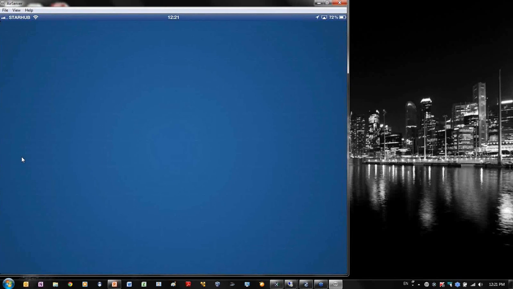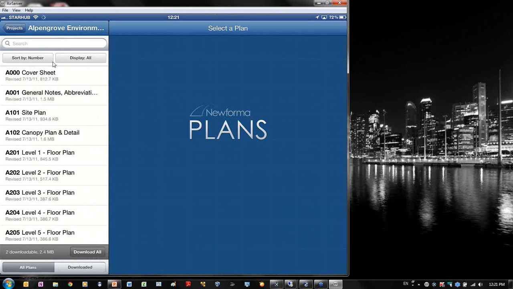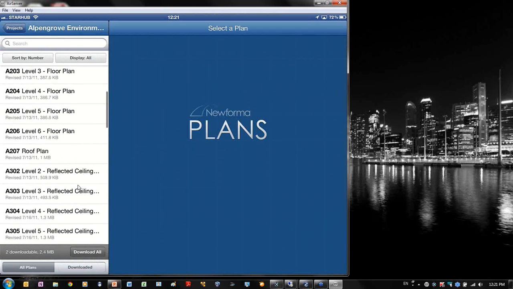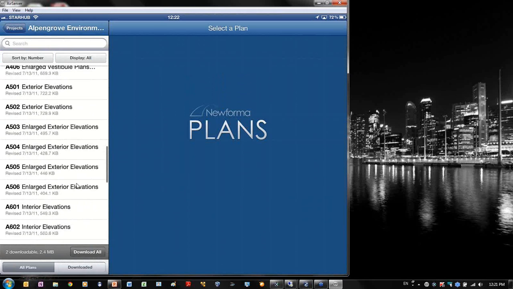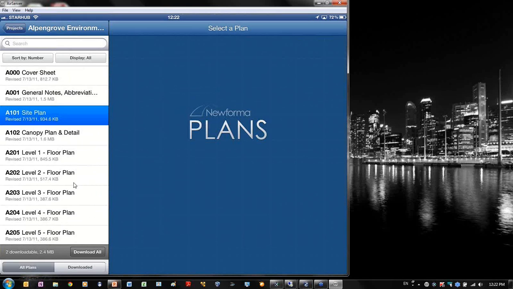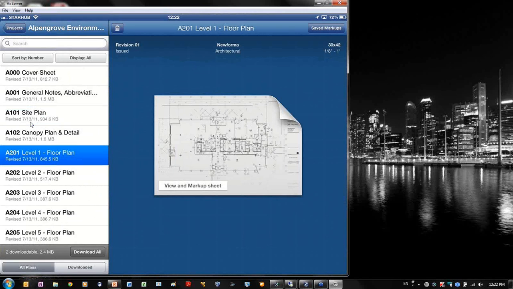and then that opens up, and it's going to show me a list of the projects that I already am connected to. I'll select the Alpengrove project, and it's going to show me a list of all of those drawings, so you can see the drawing list. So coming directly from the record documents that have been issued, and I can select any drawing, view a preview, and once I select that,